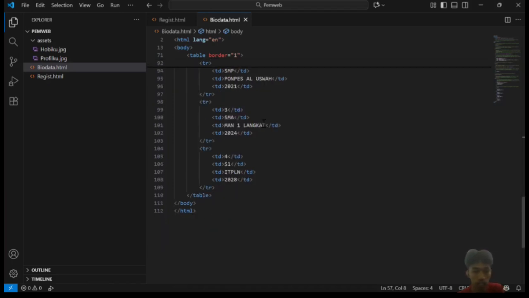Finally, the closing table tag is used to close the table that was created, indicating that all data inside it has been entered. Then the body tag marks the end of the web page content, and html becomes the closing tag for the entire HTML document.